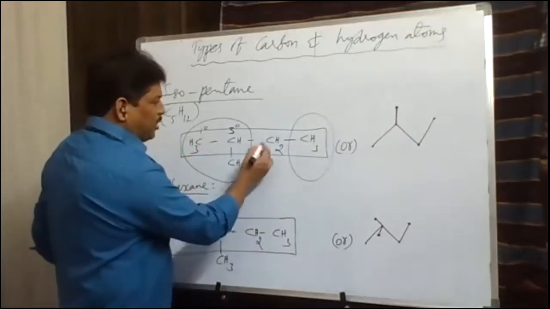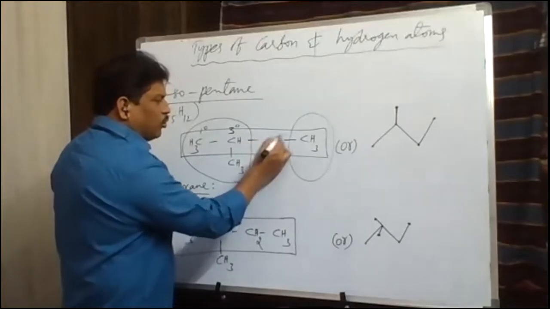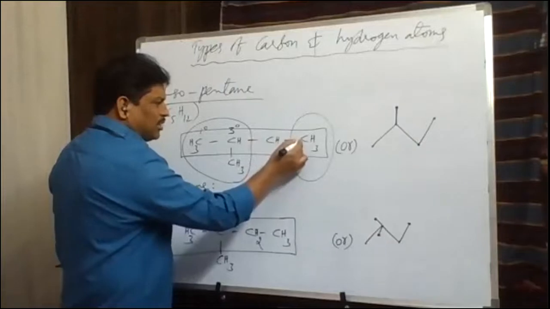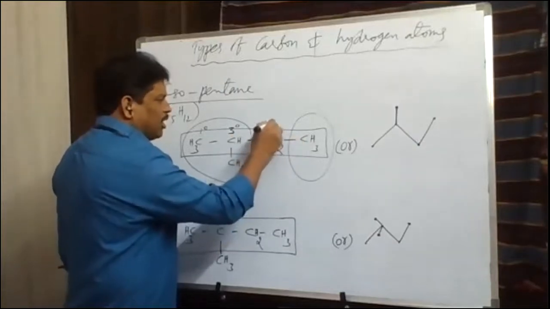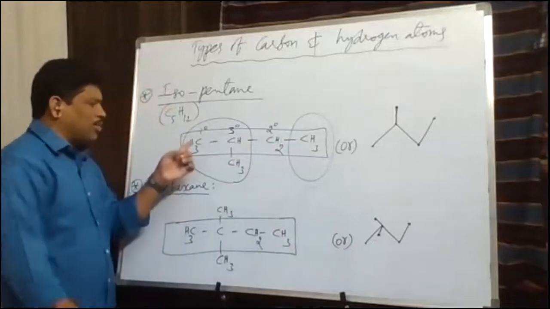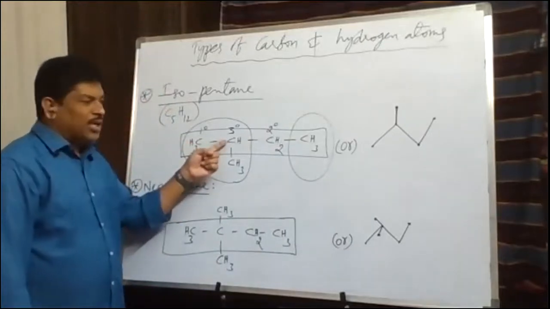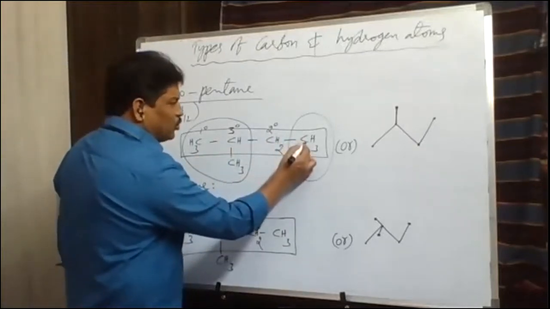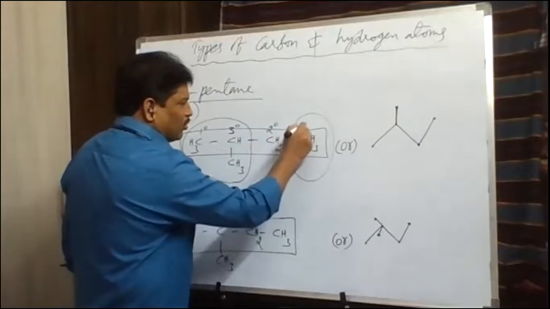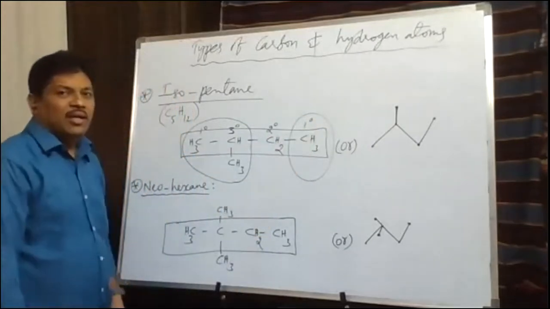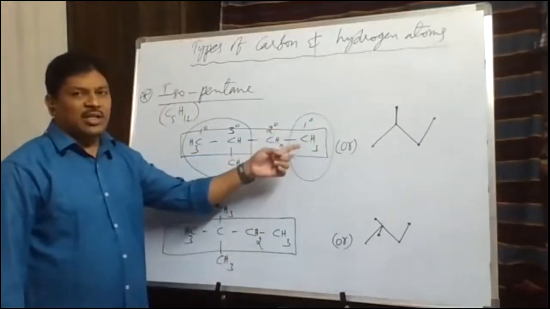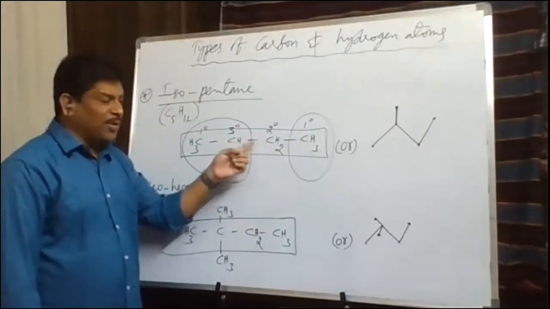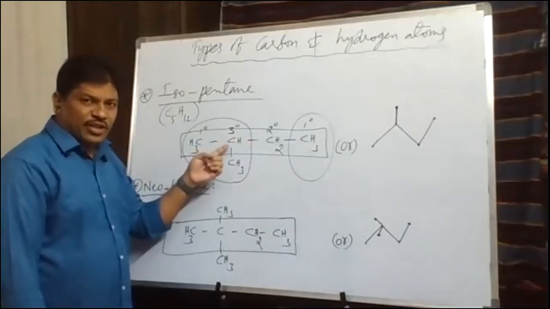And if you observe, this carbon is attached to only 2 other carbons, one carbon on this side and one carbon on this side. So it should be called secondary carbon atom. So primary carbon atom, tertiary carbon atom, secondary carbon atom. And this carbon in turn is attached to only one other carbon. That's why it is also 1 degree carbon, that is primary carbon. 1 degree carbon is nothing but primary carbon. 2 degree carbon, how to read? Secondary carbon. And 3 degree carbon is tertiary carbon.